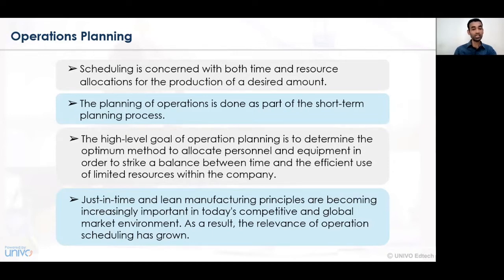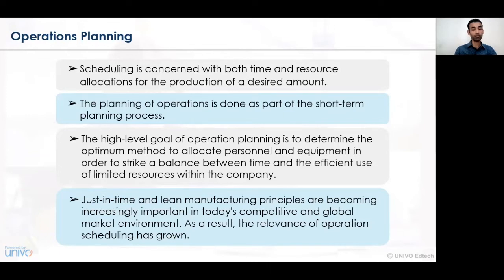Simultaneously, whenever there is a master schedule, all the activities decided upon should be completed within the specified time frame, and hence time plays an important role. The resources the company uses should be effectively utilized, and the natural and scarce resources should be consumed in an effective way.